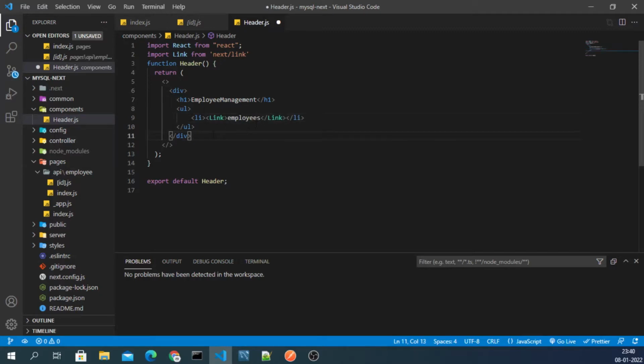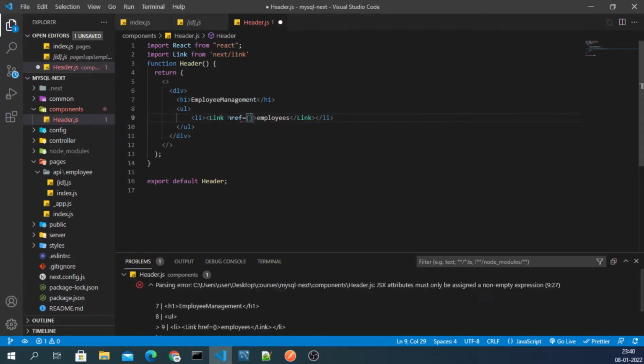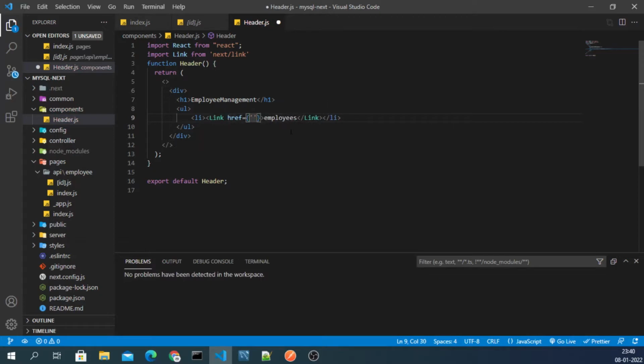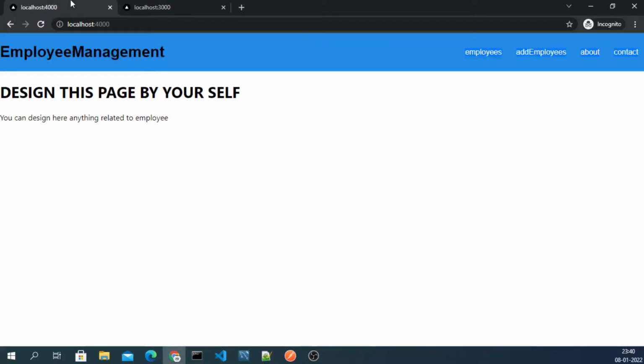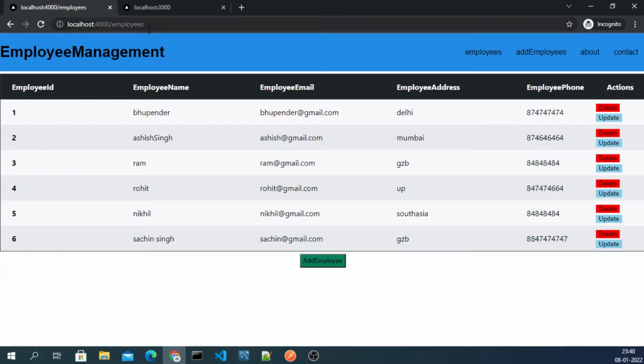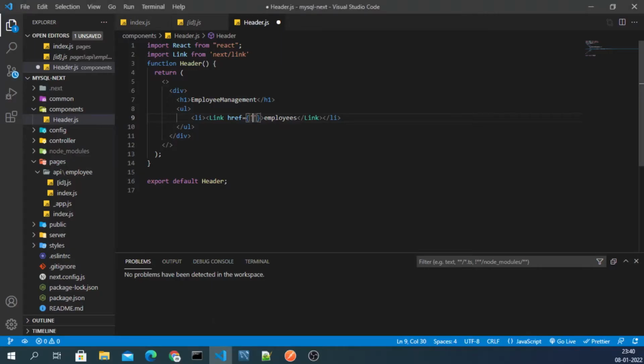and here what I have to do. So this is my employee, and here I also give the path. If you click on employees it will take you to employees, right? So the path will be here, the path will be employees, right? Slash employees, slash employees. Okay,